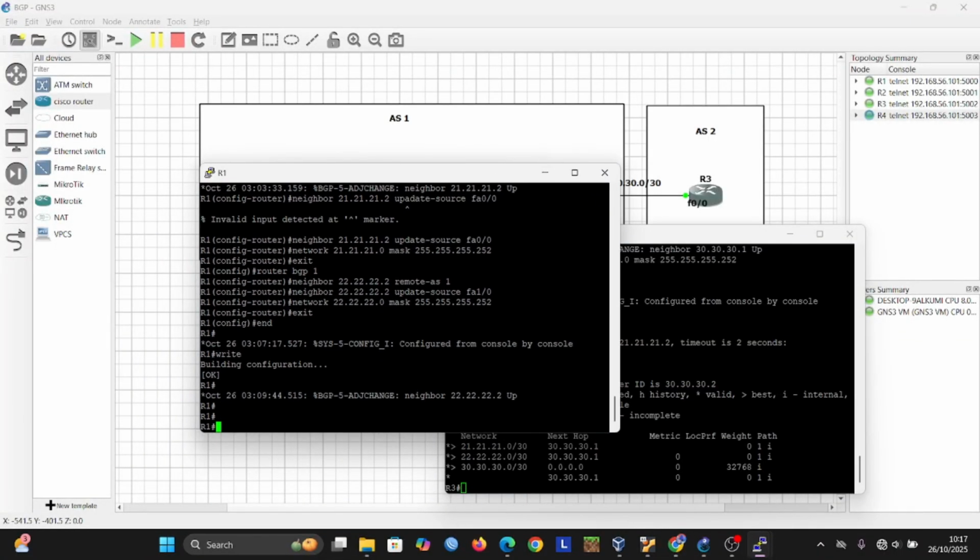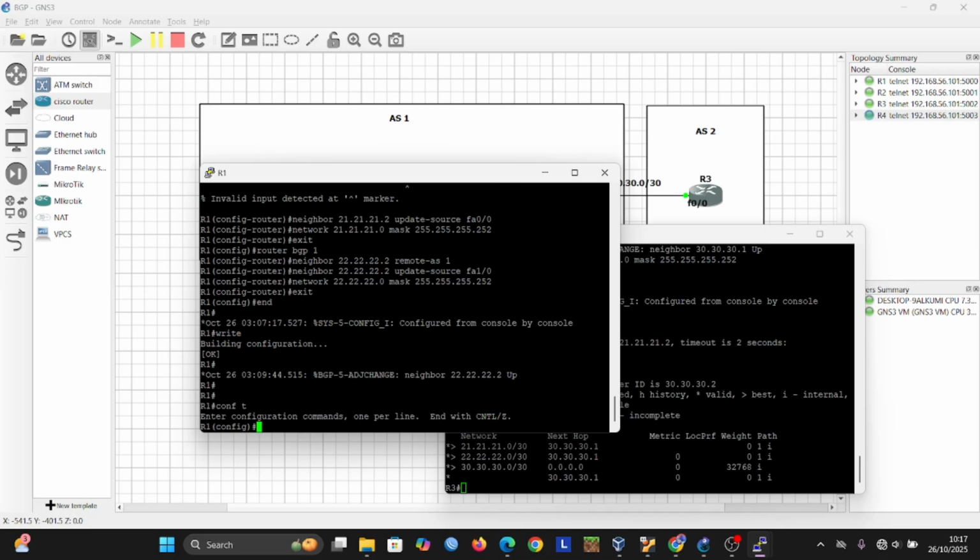Here we enter the configuration for the route reflector. Sorry, guys.